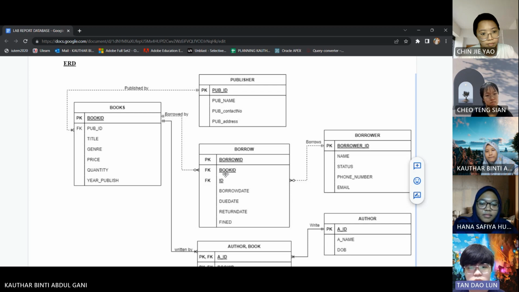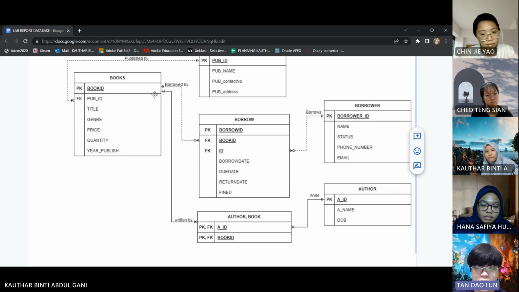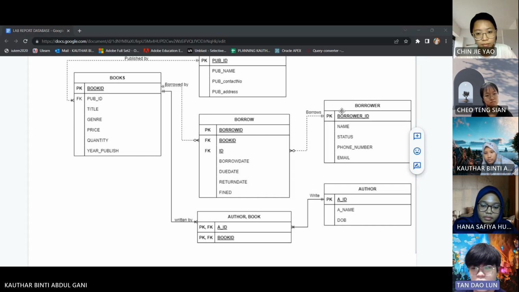And then the books table is also related to the borrow table. In the borrow table, we have borrow ID as primary key, and then book ID and borrower ID as foreign keys. We also have borrow date, due date, return date, and fine. So this means that the book is borrowed by the person, and the borrow table is also related to the borrower table as well. In this borrower table, we store the information about the borrower, which is borrower ID as primary key, and then we have the name, status, phone number, and email.